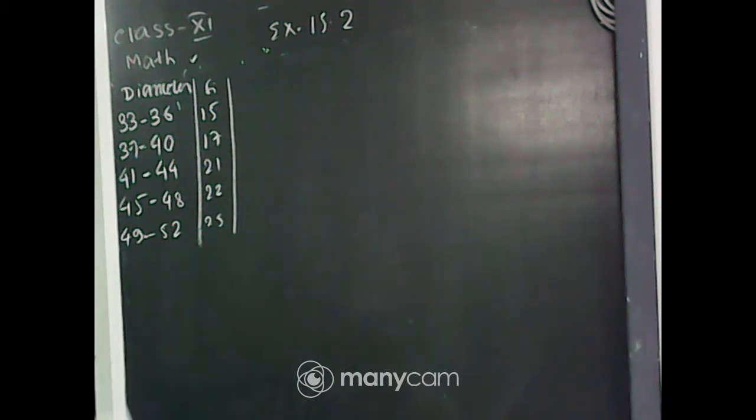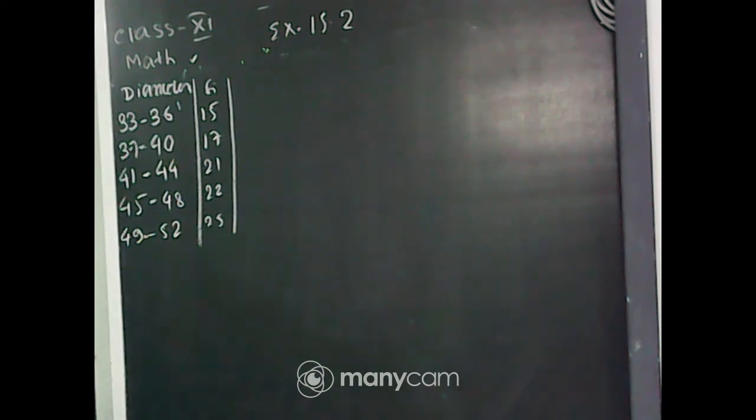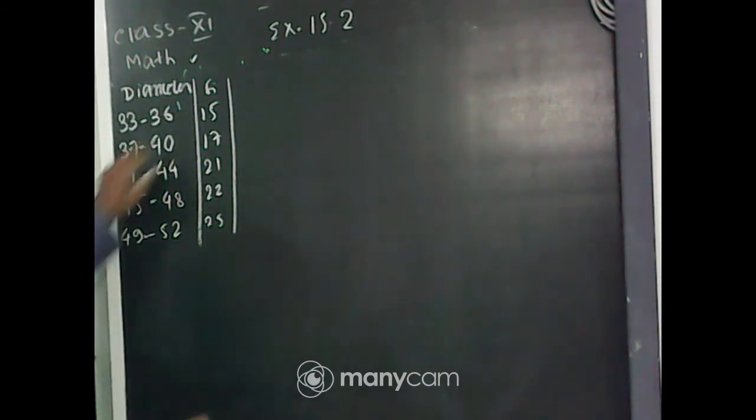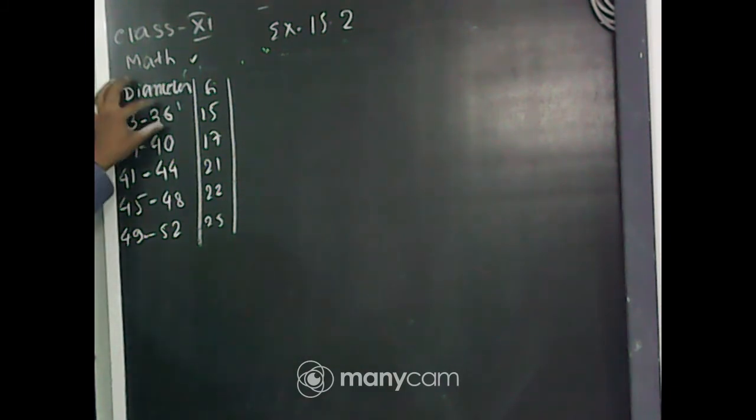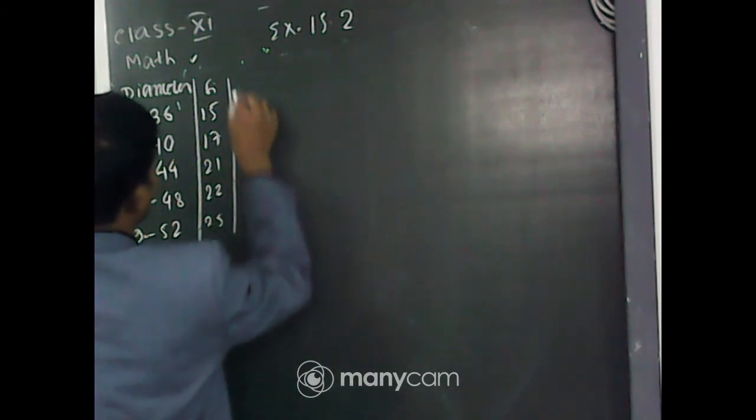Now, if you look at the data, the data are not continuous. So, we have to make the data continuous. For this, the difference of the upper limit of an interval and the lower limit of the next interval is 1. So, we will divide this 1 by 2, and that is 0.5. So, we will subtract 0.5 from the left hand side and add 0.5 to the right hand side. If you do that, it will be 33.5